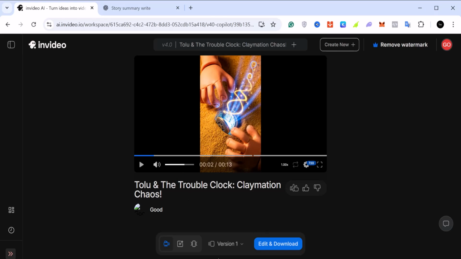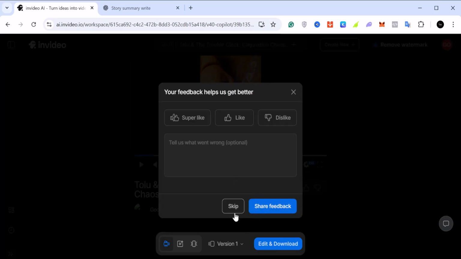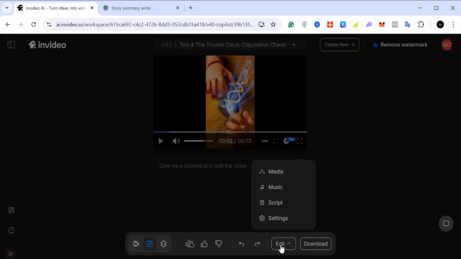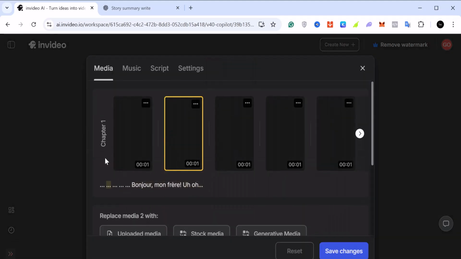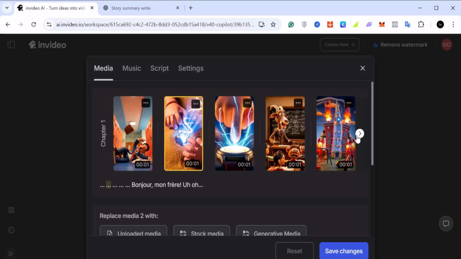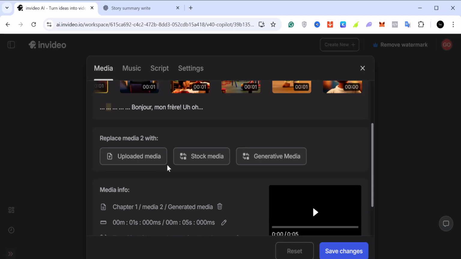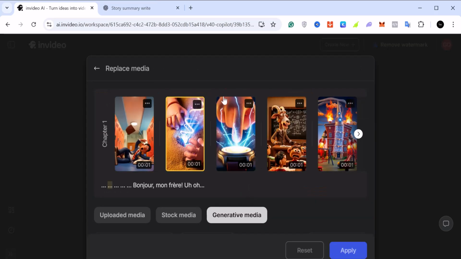However, before you download this video, you can come here, click on edit, and you can skip the feedback here, and you can edit it if you wanted. So you can edit the media, you can see the different medias right here. So you can basically edit any part of the media that you do not want to use. You can replace it with your own media. You can use stock media. You can use generative media. For instance, let's say you don't like one part of the media, you can